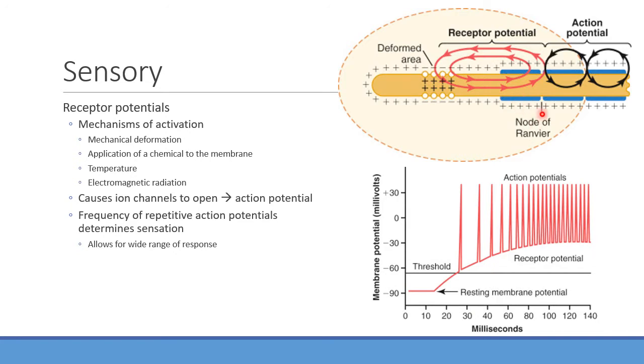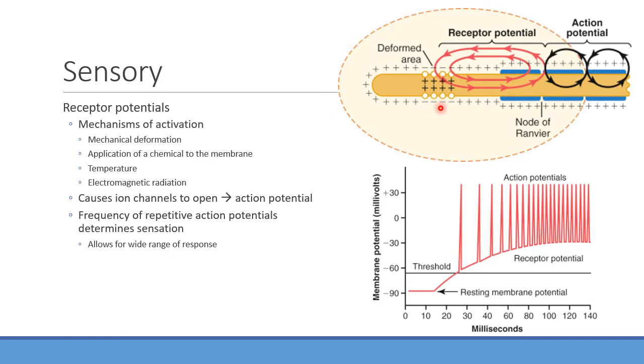And again, remember those nodes of Ranvier we talked about, how that helps to speed up movement of the action potential along the neuron. That can then propagate that signal up to the spinal cord and the brain to say, hey, there's pressure here, there's some sort of touch, some sort of tactile sensation. And so this can occur with either mechanical deformation, like in this case right here. So imagine there's pressure pushing up on here. You would have deformation of that neuron that allows sodium channels to open.